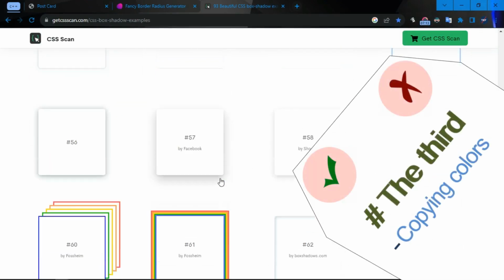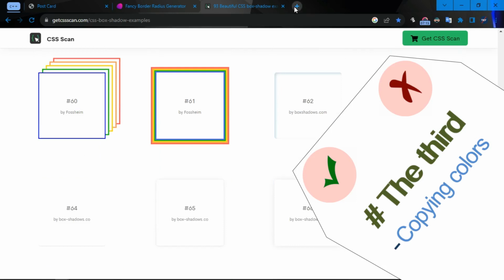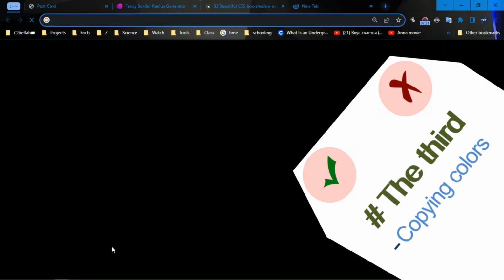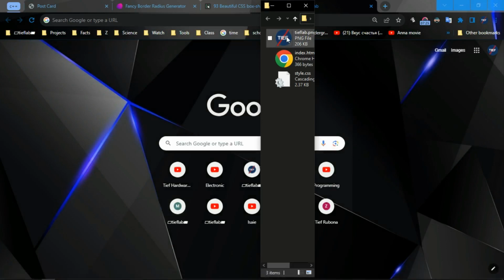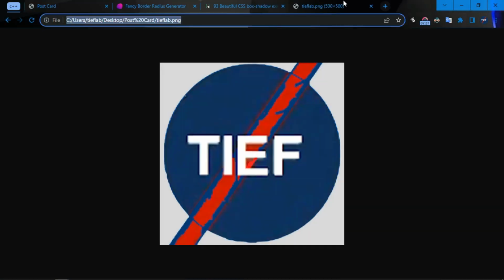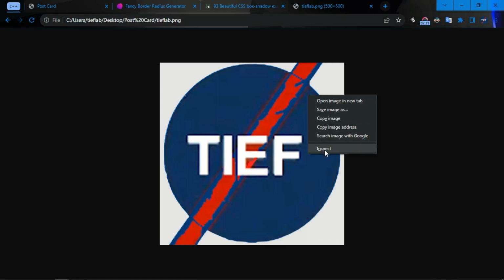Another great thing that can help you in your programming is getting a color from an image. For example, you drag an image and drop it in the browser, and then go to inspect.